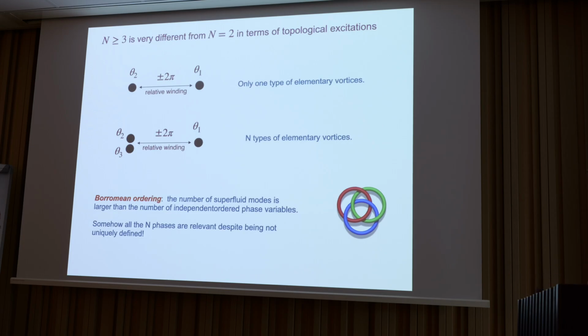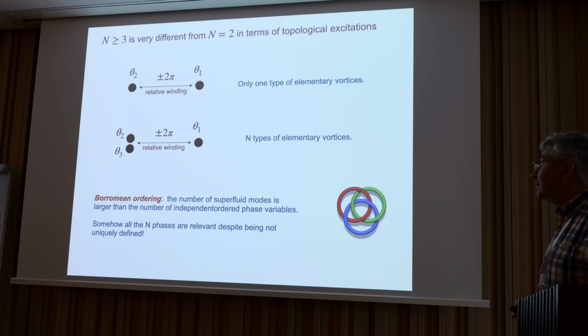So see, all the relative phases are well defined. So as I said, if we have just 2 components, that's easy. It's just relative phase between the 2. We do something like a torus or a vortex, and we have an elementary winding, which is 2 pi, so everything is quantized modulo 2 pi. But what happens if we have 3 or more components? Now, if we just think that 1 winds with respect to 2, now comes the question, okay, what happens with 1 with respect to 3, or 3 with respect to 2? It turns out that now the situation is different.